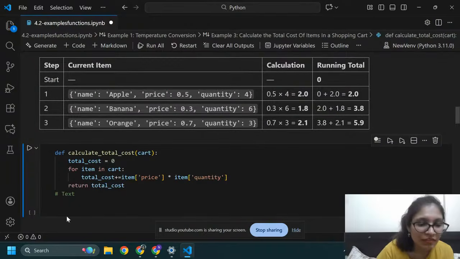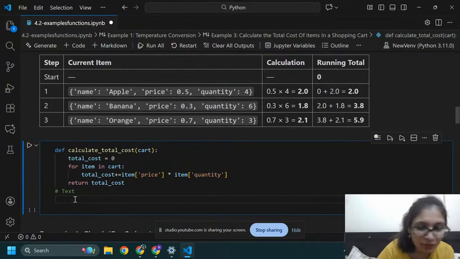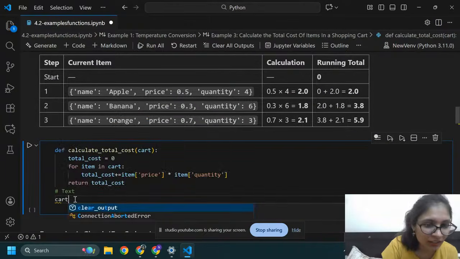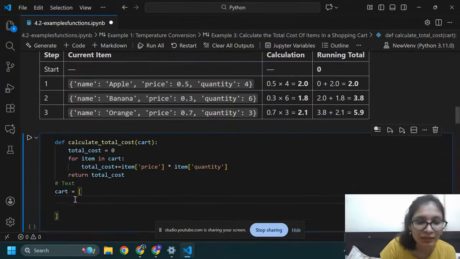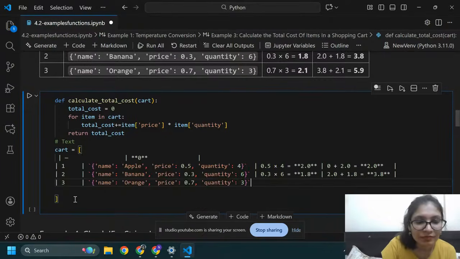Okay, for testing purpose, here I need to define one variable, that is cart, C-A-R-T. Cart equals to square bracket. Okay, I need to remove these.